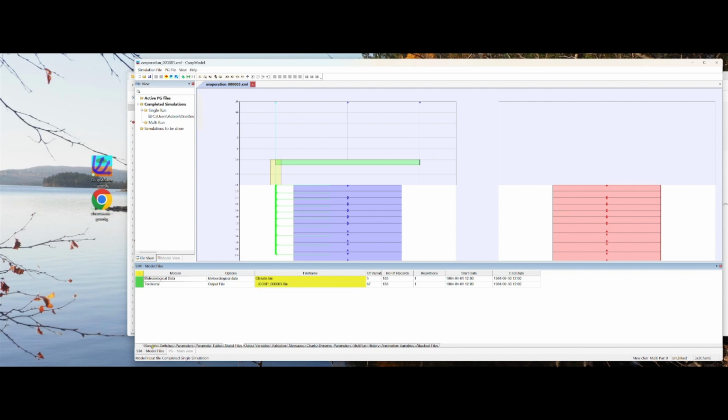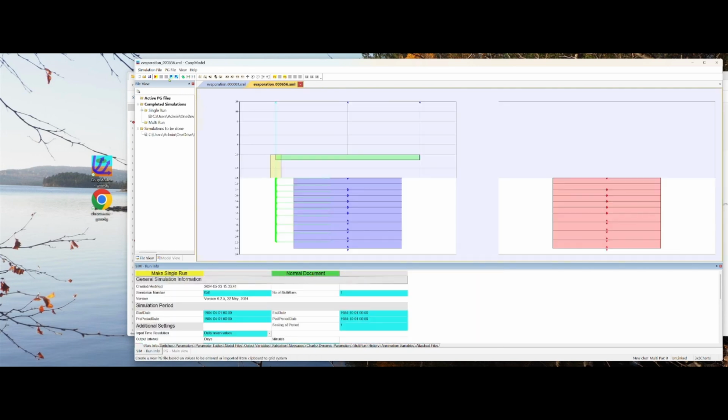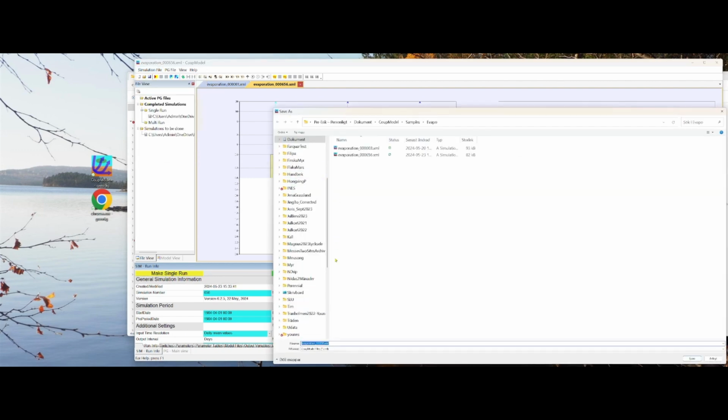Okay, now this was the previous use, but now we would like to have a new version that should use the new climate file. And to do so, I will create a copy of the document. And then I will just save it under another name, because now I would like to use this for the peat inversion application. So we call this peat